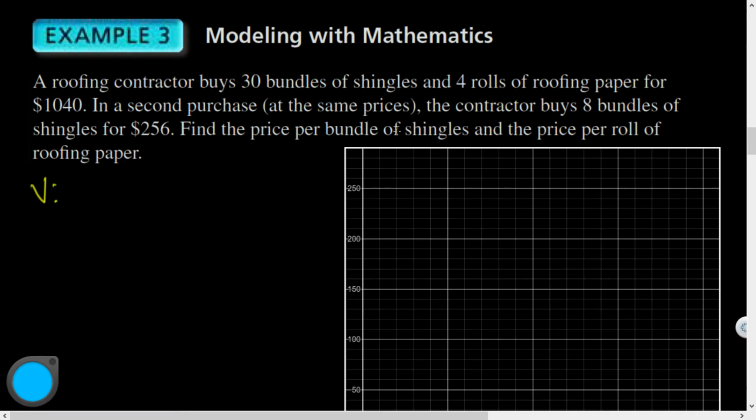It says find the price per bundle of shingles and the price per roll of roofing paper. So my variables: x is the price per bundle